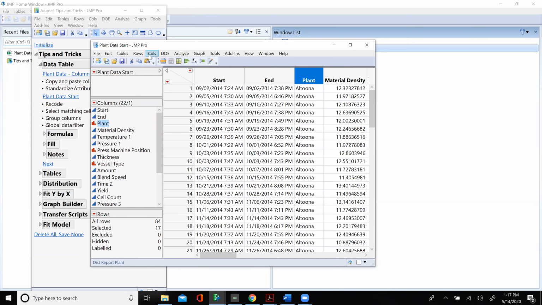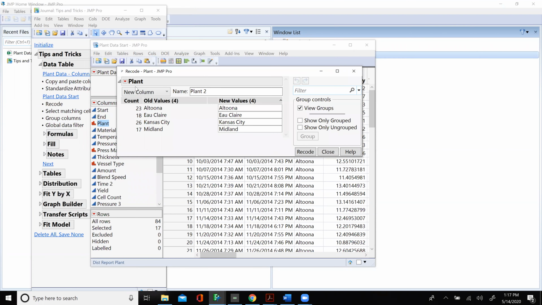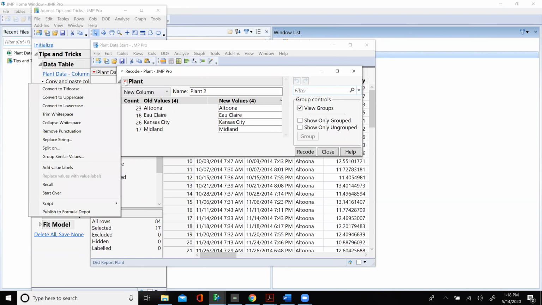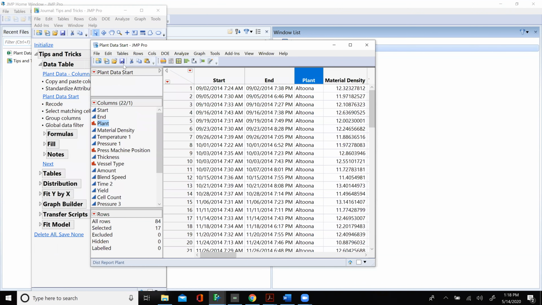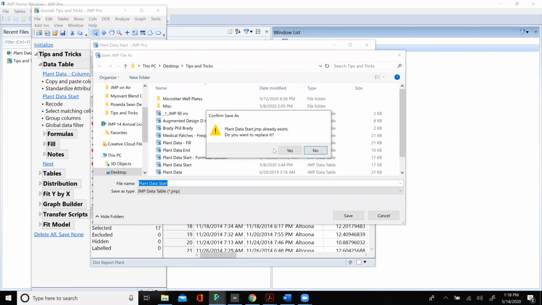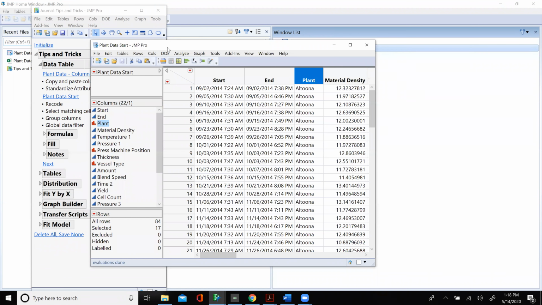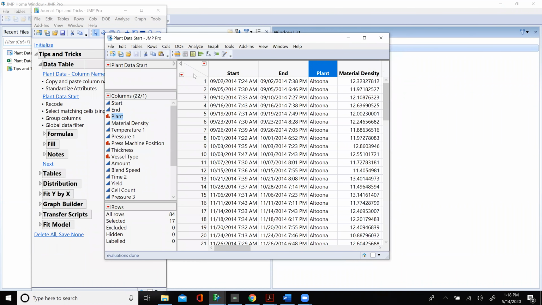I know a few of you are doing this along with me. I do want you to know there's an awful lot of things that you can do. You can convert title case to uppercase or lowercase, trim white space, collapse white space, remove punctuation. There are things you can do automatically through this. Under the little red hot spot in Recode, that's something very helpful. You can save this somewhere that you're doing. We'll do a few more things with this. Once again, I'm gonna hit escape so that I clear all column selections off.